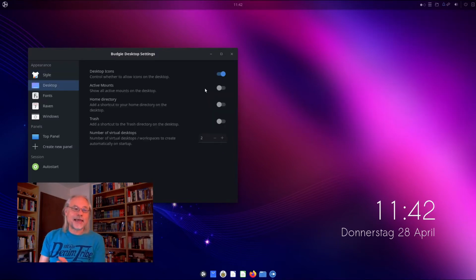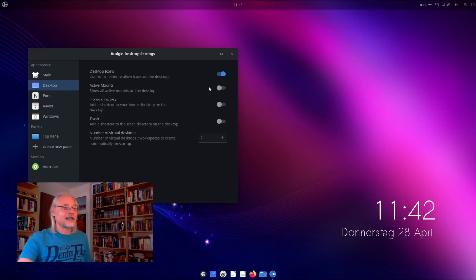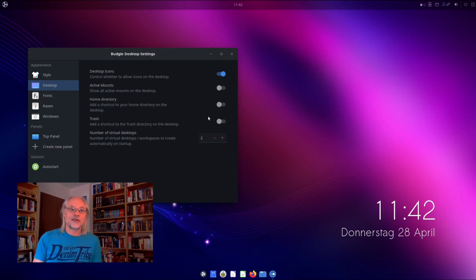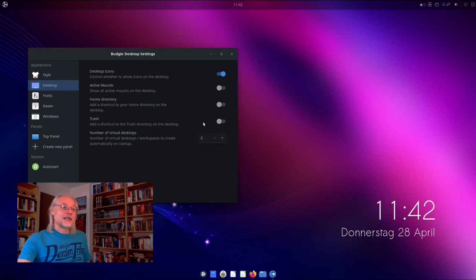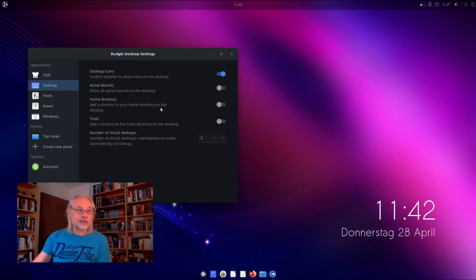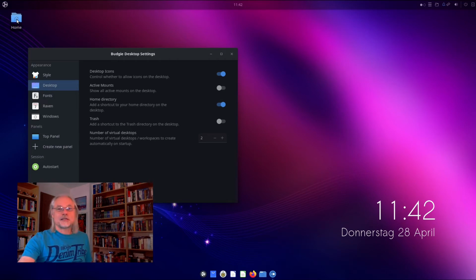Here you can activate desktop icons if you like. Maybe you know that this is impossible in vanilla GNOME. It is possible in Ubuntu GNOME, but if you use Debian, for example, or openSUSE or Arch or something like that, you need an extension for that. Here you can activate the desktop icons. For example, you can also activate the home directory here. Let's do that. And you see here is a folder with the home